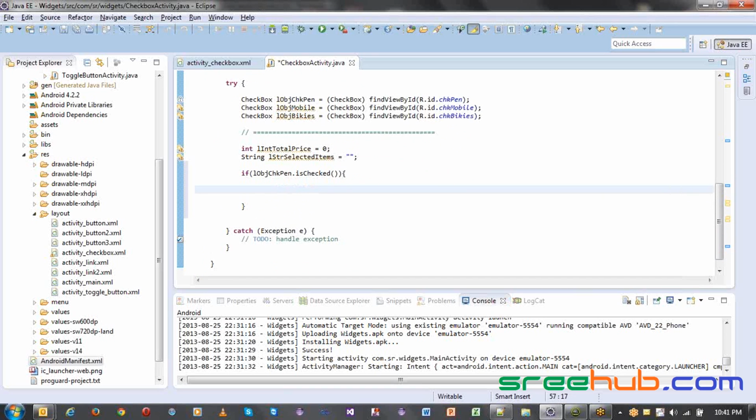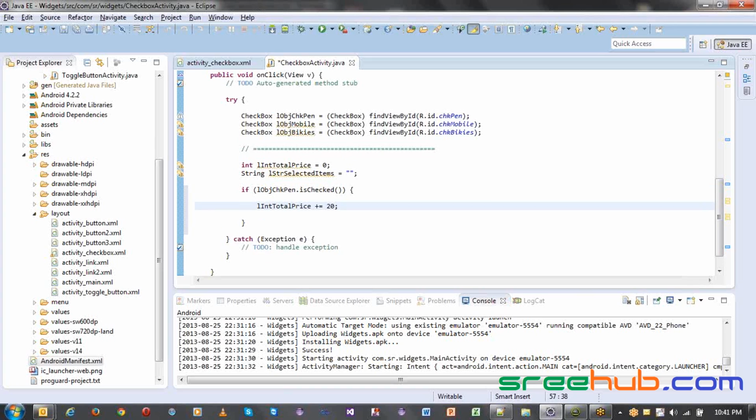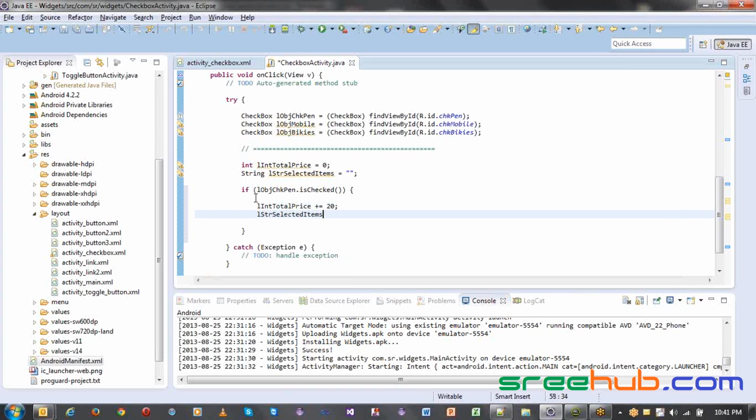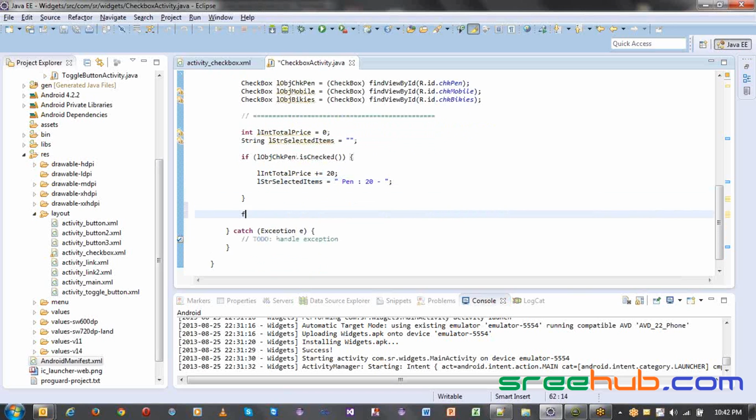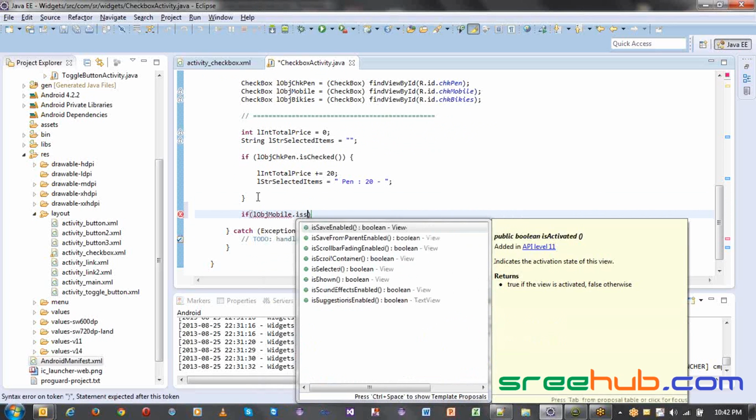if pen is checked, which means, let me take price is equal to, let's say it's 20 bucks, right? And let me just say string items is equal to pen colon 20 and a hyphen. So we'll just show what items we selected, and then if you have LOBJ mobile dot isChecked,